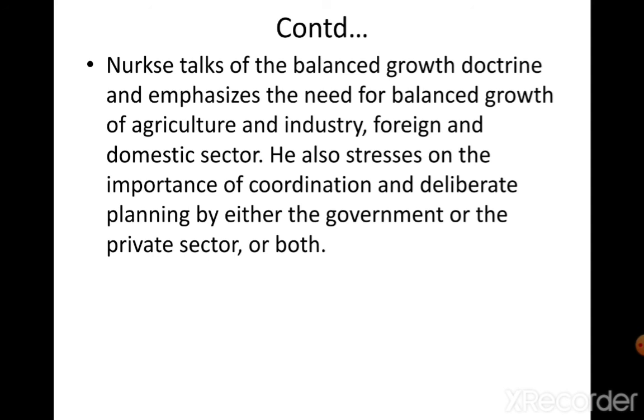Now Nurkse actually pointed out that the coordination and deliberate planning that is required for the balanced growth doctrine to work